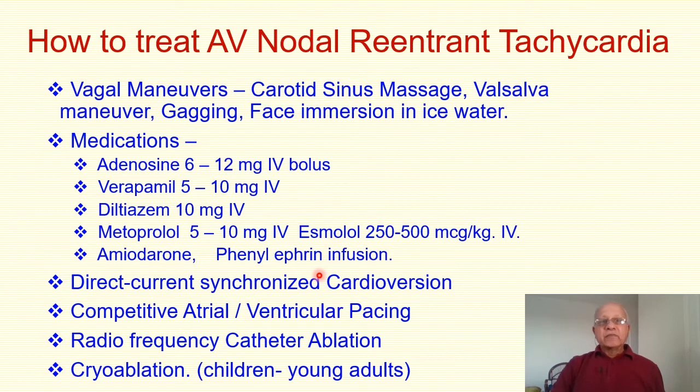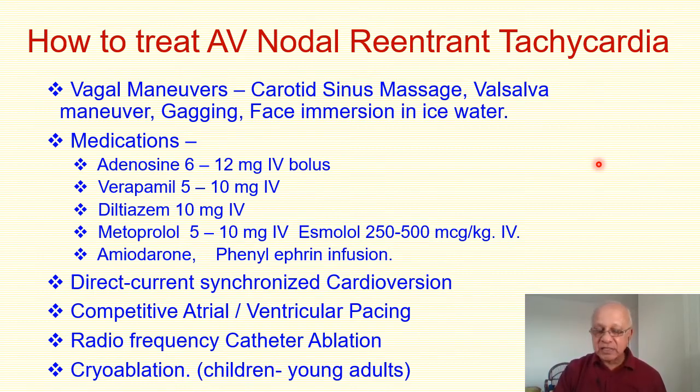So let us discuss the various methods of treating AVNRT, which we have shown in this slide briefly. I would recommend that you read more about this in a textbook of medicine or cardiology, because here I am showing only just points regarding the management. You have various vagal maneuvers like carotid sinus massage, Valsalva maneuver, the gagging, face immersion in ice water, etc. Gagging, trying to induce vomiting, and face immersion in ice water is what you call as a diving reflex, which is seen in certain